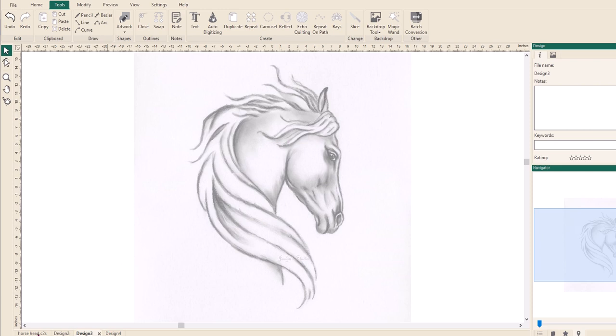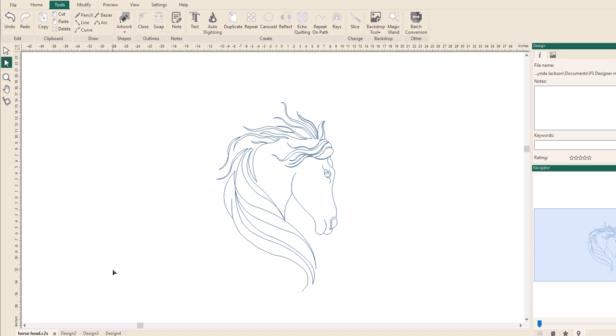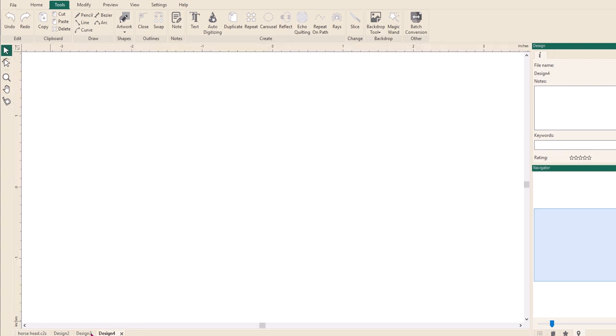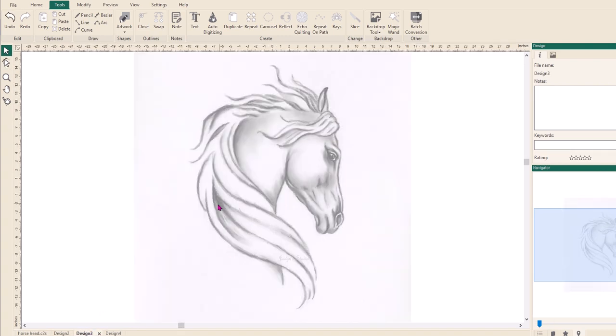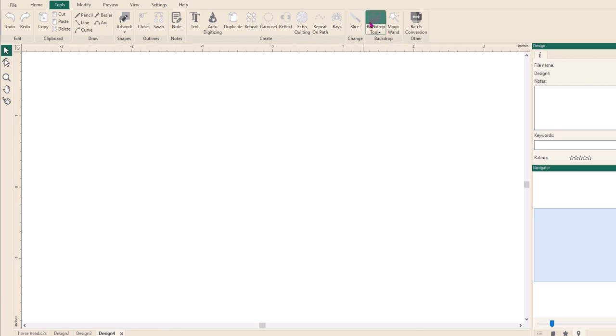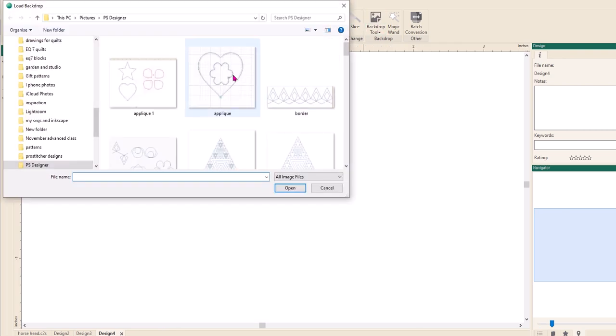I have done that previously and that is what I have come up with. I've not had much time to play with it, I've got to say, but it's not too bad. It needs a bit of tweaking. So I'll take you through the stages. First of all, what you need to do is import the design or the fabric or whatever it is that you're going to turn into stitching, and you do that with your backdrop tool. So all you would do is backdrop, select your file,